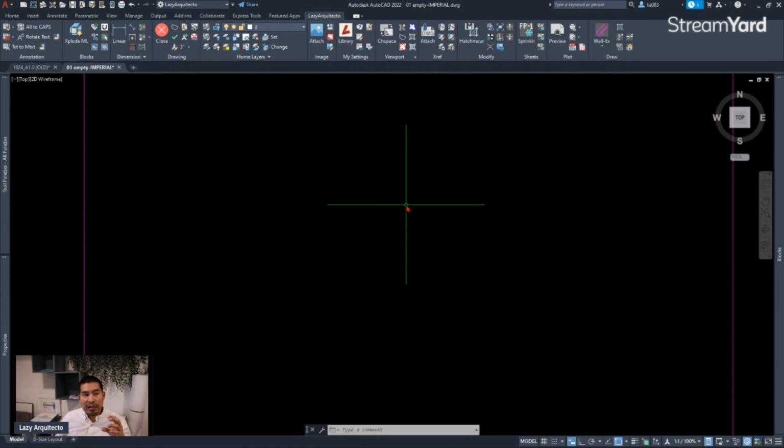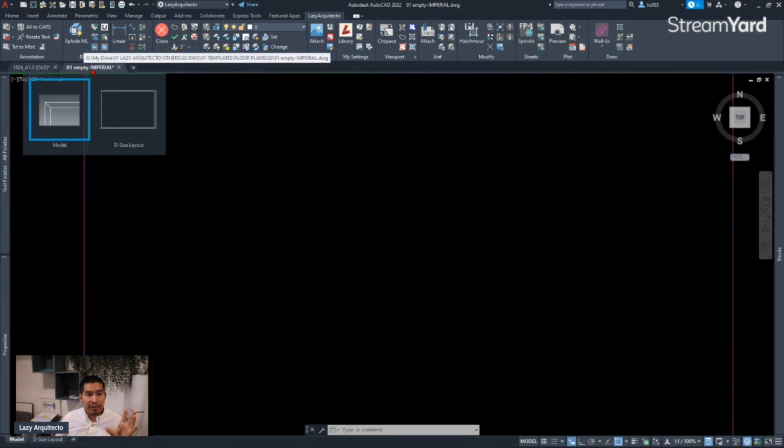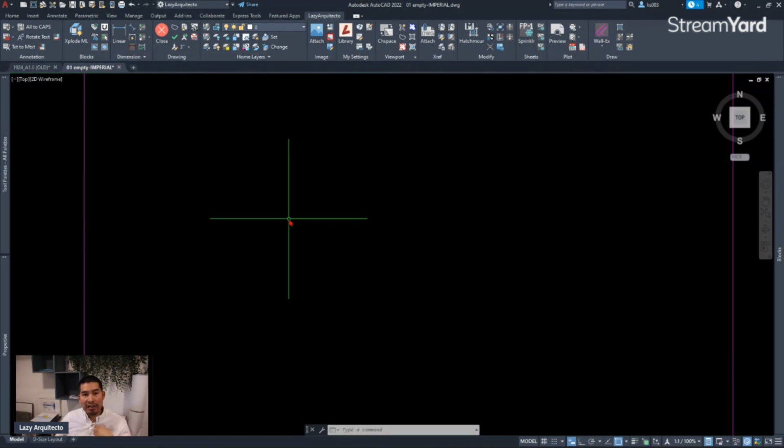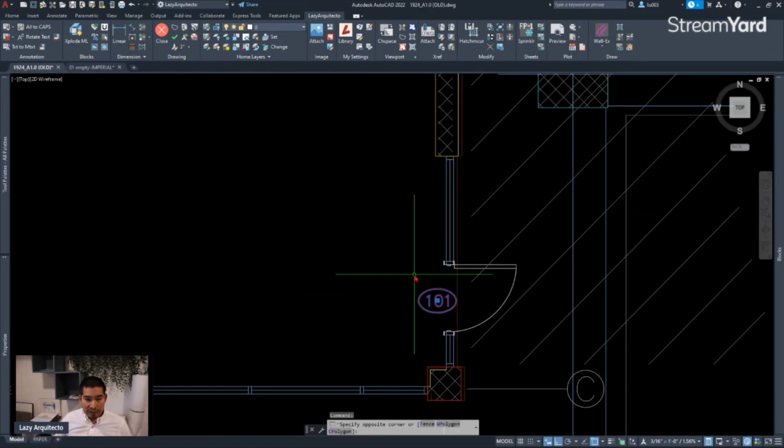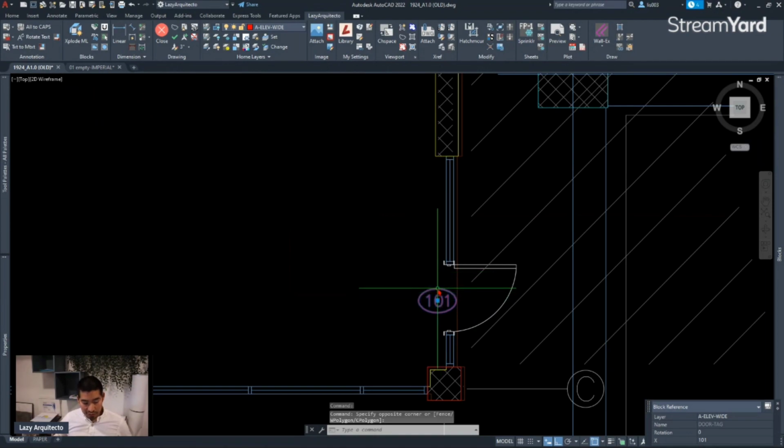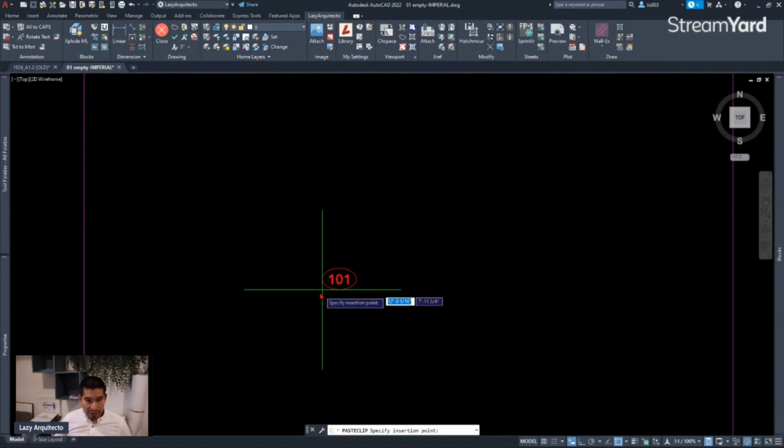So that's why I started with a new, fresh, and empty file that I created myself to avoid any problems. So I proceeded to copy his door tag and paste it into this new and fresh